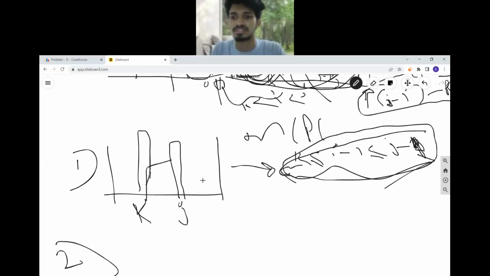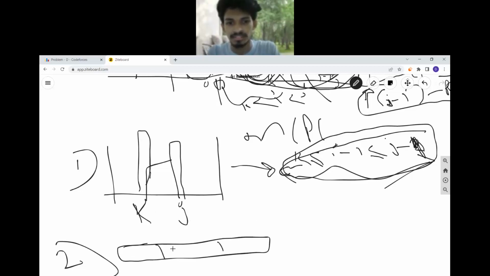This can be done using some stack. That's also a DP procedure, like finding for 0 to I and then trying to find for I plus 1. I'm not explaining it here. That can be done using some stack, something like that. You can Google it, I don't know its name, but you can see my code and try to understand it maybe. And the second one is: given an array